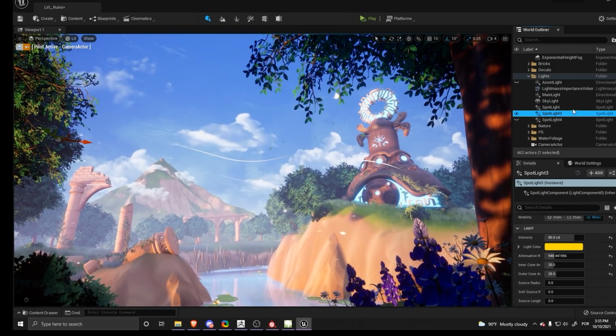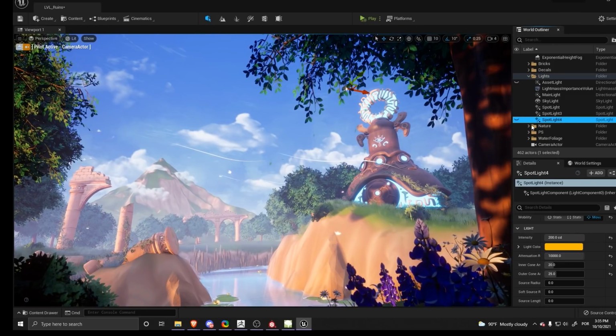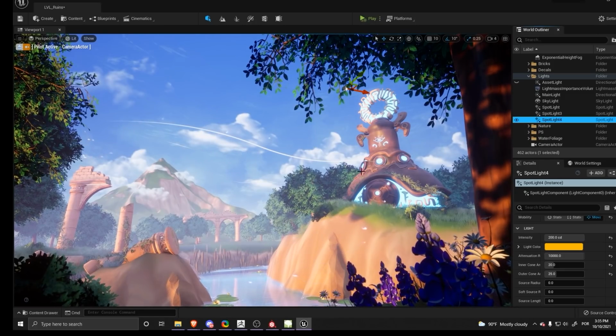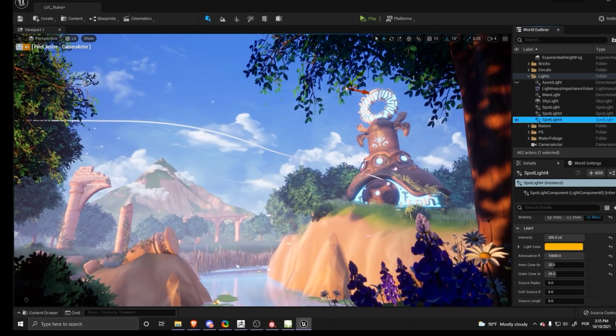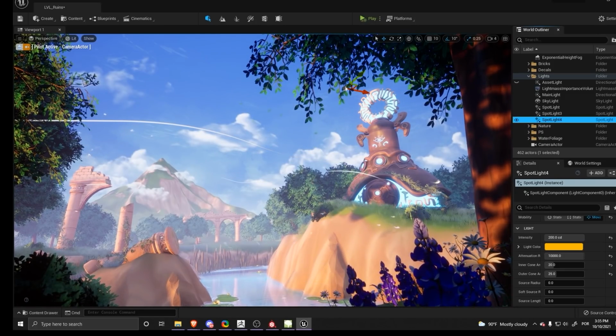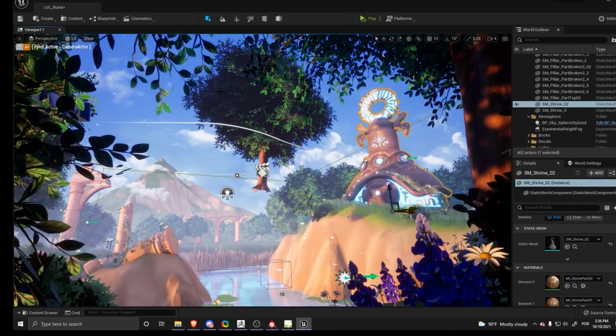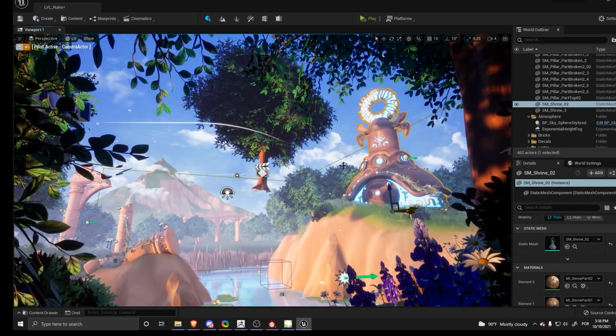The second light, I don't remember what I had in this. And then my third light is basically to brighten up my shrine right here and bring a little bit more attention to it. Besides that, another thing that I did with my lights is that I placed some trees around.